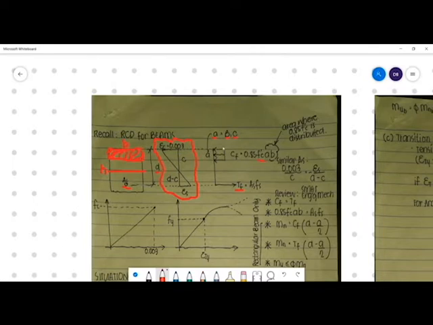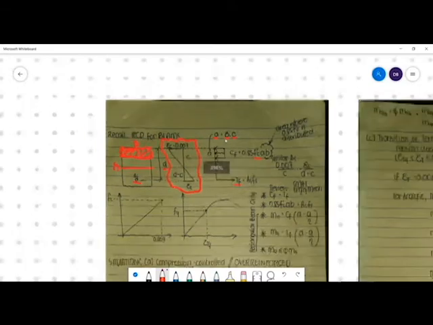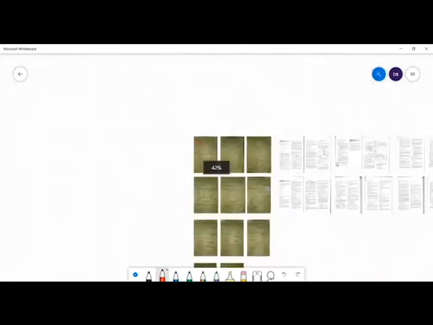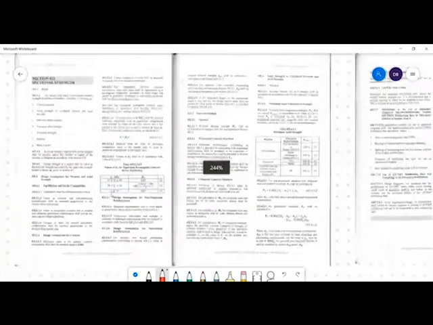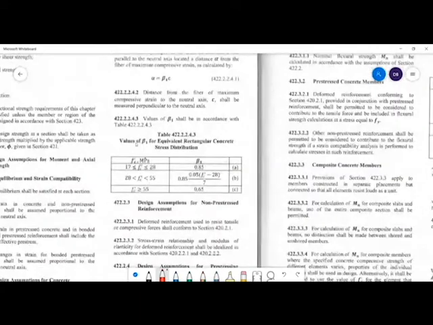Okay? So, balik tayo sa code. What are the typical values for B sub 1? Typical values for B sub 1 shall be in accordance with the table. If F prime of C is from 17 to 28, beta sub 1 is equal to 0.85. From 28 to 55 megapascal, 0.85